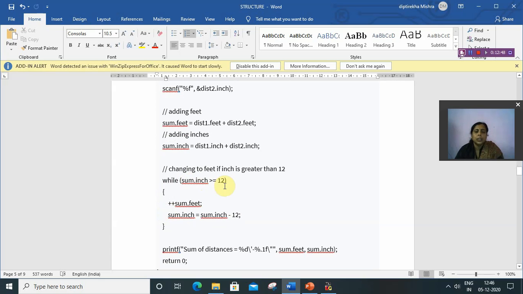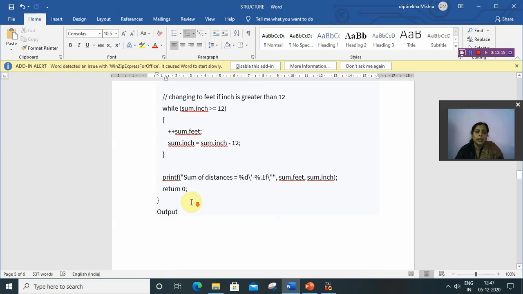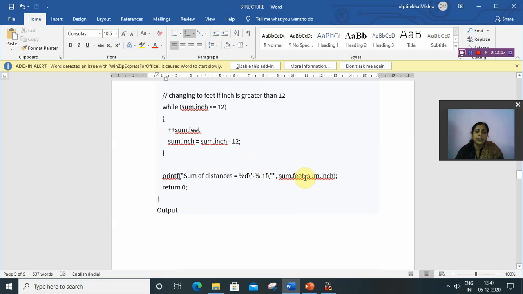If it is 15, what will be the answer? 15 is greater than 12, so it will increase the feet. Sum dot feet will increase by 1, and sum dot inch will be sum dot inch minus 12, which means 15 minus 12, that will be 3. So 3 will be the inch and feet will increase by 1, and it will display sum dot feet and sum dot inch. So let's execute it.